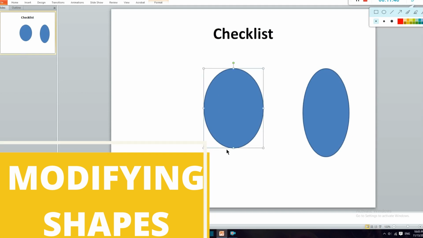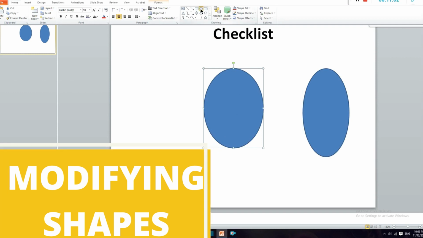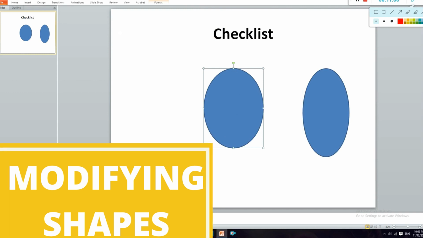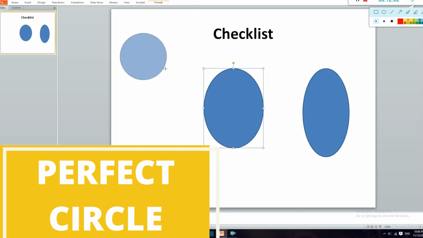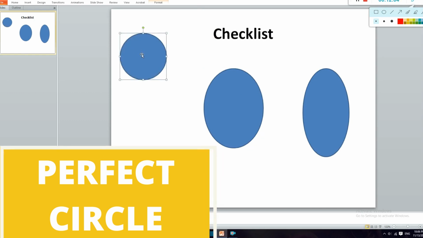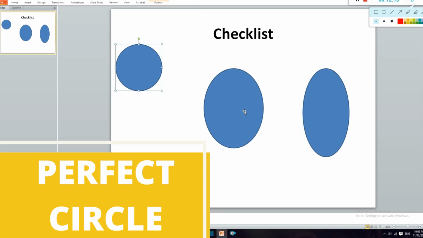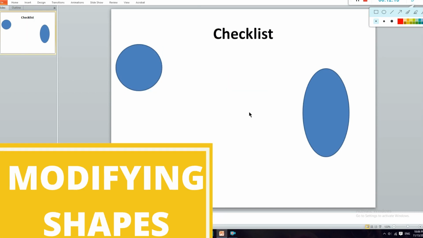So I don't want ovals, I want circles. So what I will do, I will go on home tab, to circle, and while drawing, first of all I will hold my shift key. So I am pressing down my shift key and then making it, and then making it, and then making it. Can you see the difference? This is a perfect circle, whereas these 2 are ovals. So you can clearly see the difference of the shift key. Okay, so let me delete these,